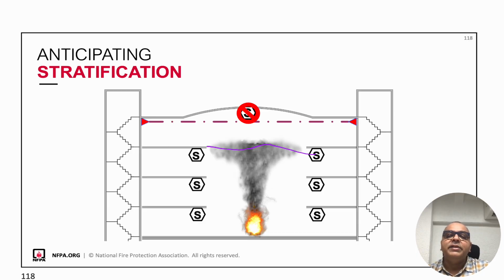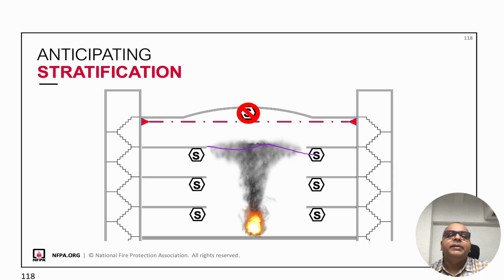NFPA recommends strategies such as multi-level smoke detection, positioning of detectors below the predicted stratification level, using ASDs, air sampling smoke detection at multiple heights. Also ensure adequate heat release detection, heat detectors or beam detectors positioned strategically, smoke management, mechanical exhaust that pulls the